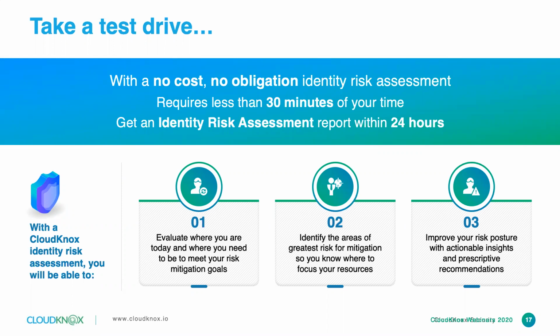We evaluate the environment, we identify the areas of greatest risk, and we provide context around many of the things that we've mentioned, not only overprivileged identities with too many permissions, but we also take a look at roles and resources. We'll identify Azure blobs or S3 buckets that are misconfigured, that are public, that are unencrypted. We'll identify inactive identities. We'll identify a subset of accounts that are not using multi-factor authentication. We'll identify those accounts that are vulnerable to privilege escalation, and much more.